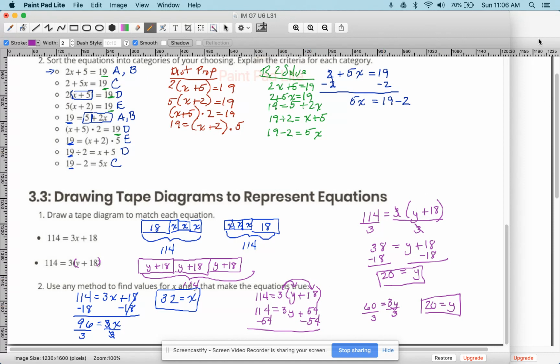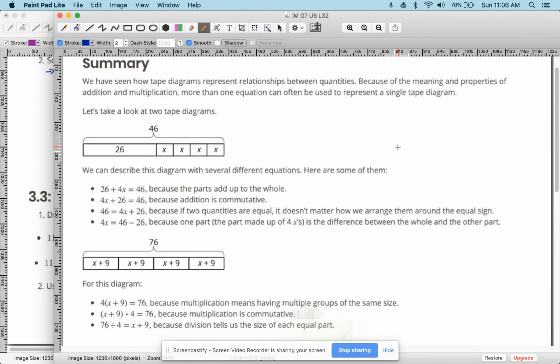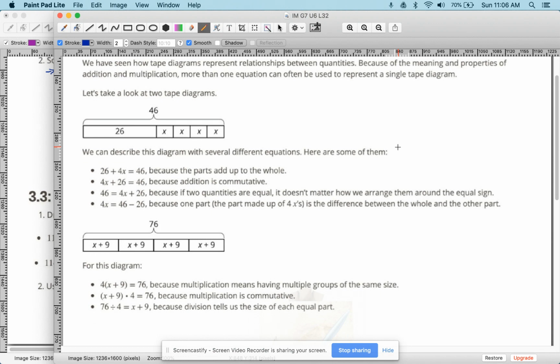So again, let's look at our summary of this lesson. The summary is talking about seeing different tape diagrams, and they're talking about seeing 2 different ones here. They're giving us 2 examples. This first one with 26 and 4 different x's, they're saying you can describe it in different ways. You could see this as 26 plus 1, 2, 3, 4 times x equals 46,